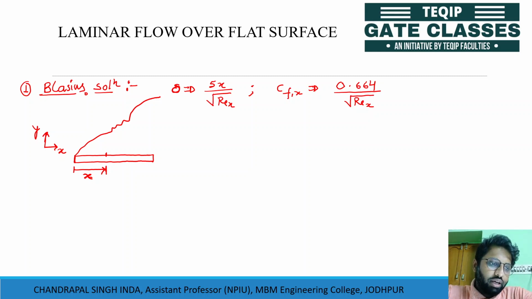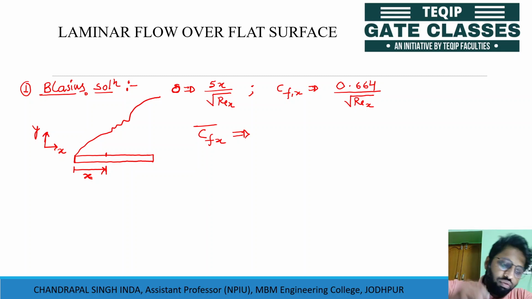So similarly we can find the value of local skin friction coefficient at each and every point. But if you talk about the average skin friction coefficient, then we have to accumulate all these values of local skin friction coefficient, and then take the average. In that case we will have the average of this local skin friction coefficient, and that is called the average skin friction coefficient.